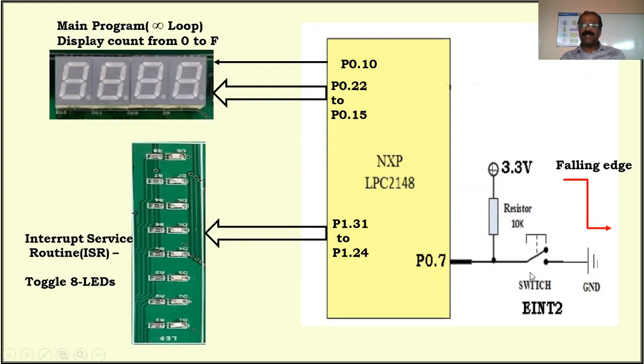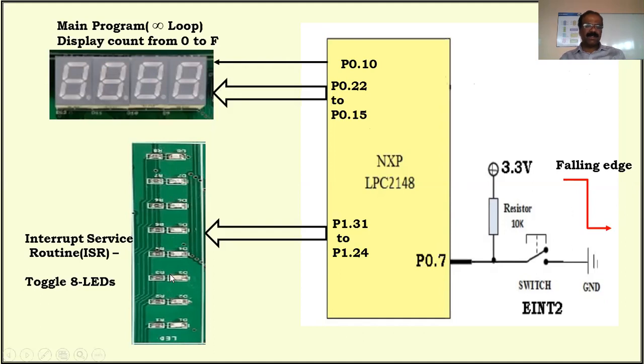An external person, because we are going to press or release this switch by some person. Therefore, once we press this switch, it's going to switch over. There will be a transition from high to low. Only then does it come to know that there is a request, an interrupt, from an external event, from an external person. Then immediately it will stop this program temporarily and come to this. It may be any other program, not only this.